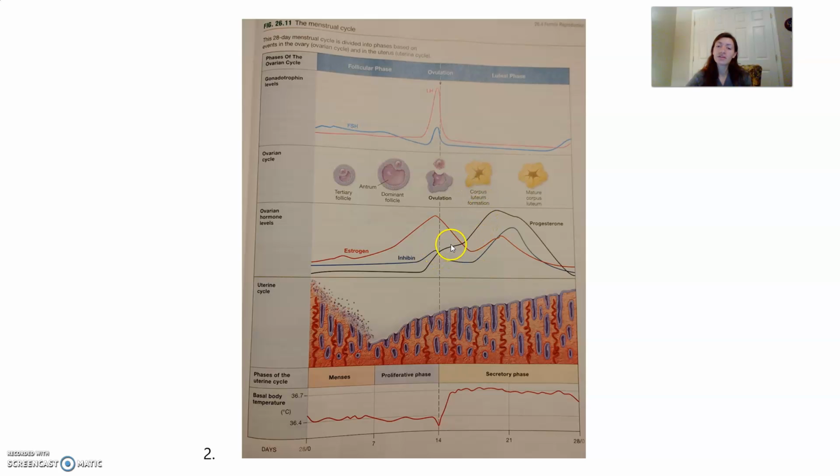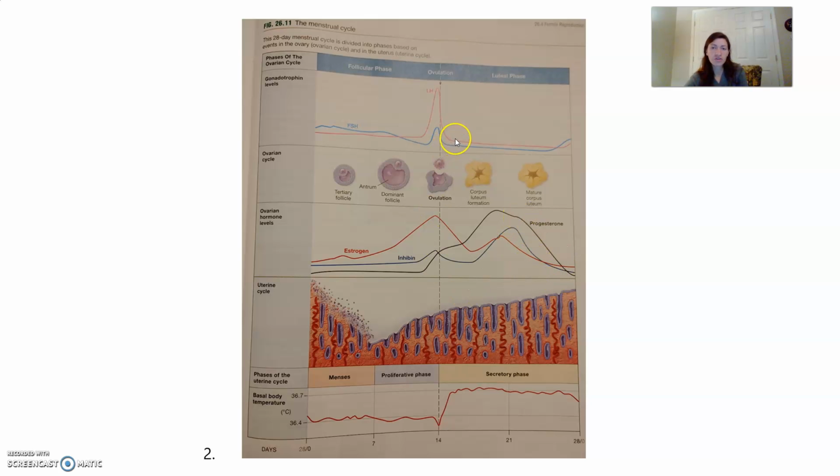You also have the main, or the dominant hormone in the luteal phase, secretory phase, is progesterone, and progesterone will act as a negative feedback loop on estrogen, and you can see that as estrogen dips. It's not as low as it was at the beginning of the follicular phase, because it still acts as a preparatory hormone for pregnancy. But for the most part, progesterone is the number one, and it keeps estrogen down. We also see a spike in inhibin, and inhibin again inhibits FSH, and we don't want FSH because we don't want another follicle to rupture and mess up this could-be pregnancy.